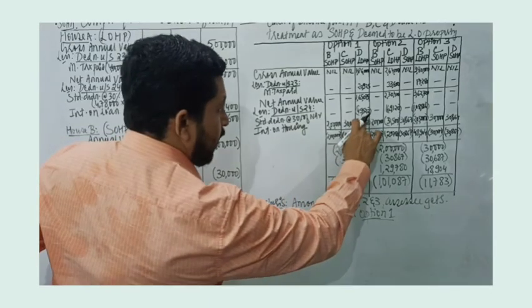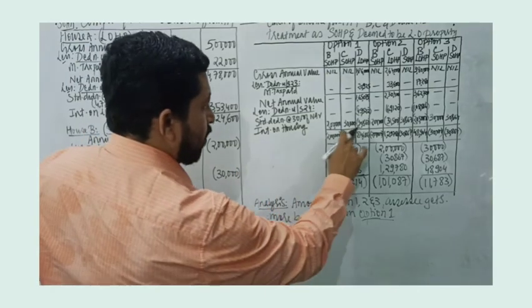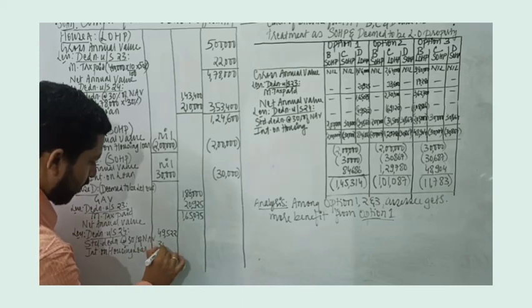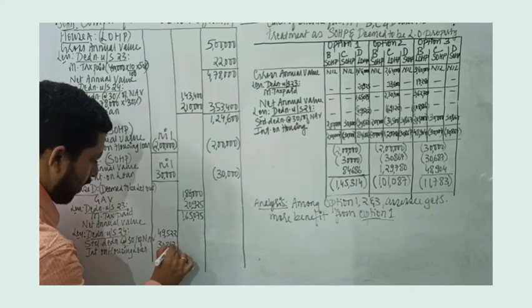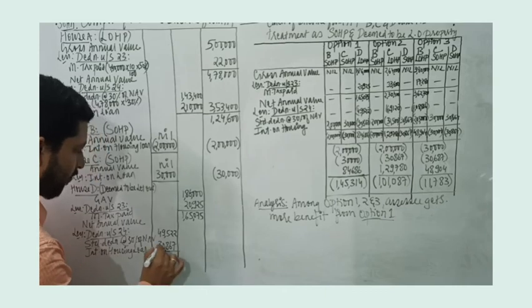We have already calculated that here. And we have interest on housing loan, which is 30,867, calculated in note number 1. So the total deduction that we get under section 24 is